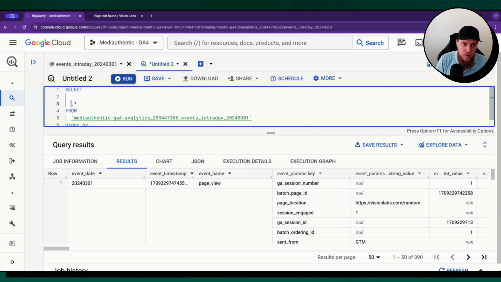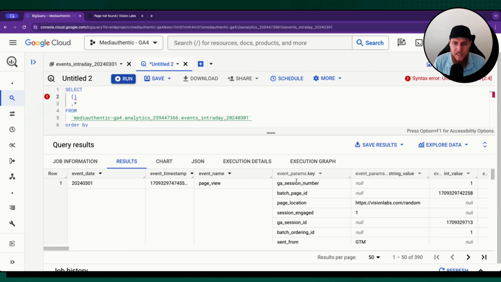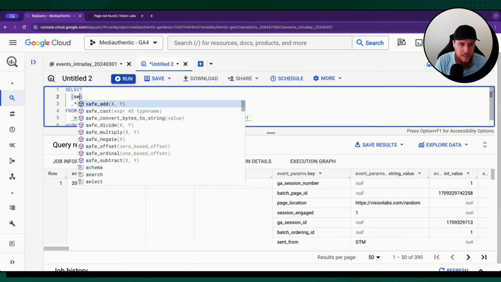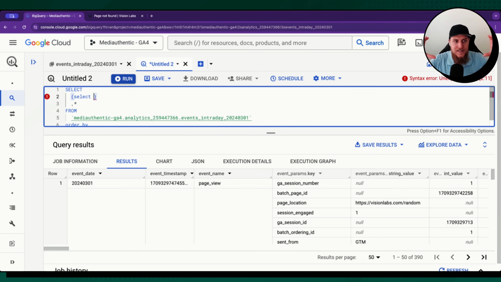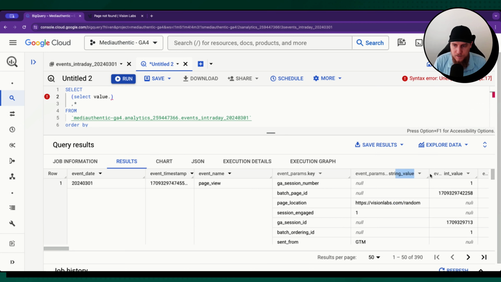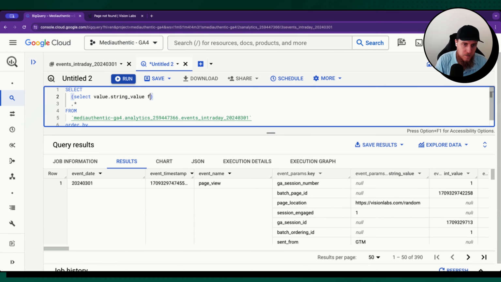So for example, let's say we want to extract the page location from being inside of the event parameters to its own field. We can do that with what's called a scalar subquery. So we're going to say select. We're doing a select statement. We're doing a query inside of a query here. So it's a subquery. Select value dot, and this value here is in the string. So we're going to say value dot string value from unnest those event params